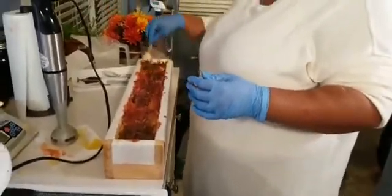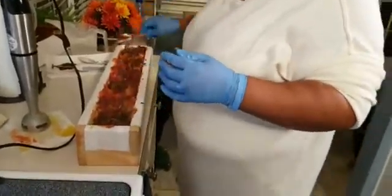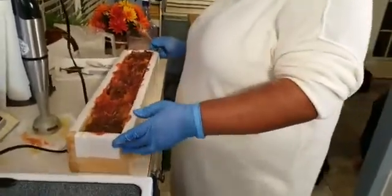Wow. Probably not the top that I was looking for. It looks like a leaf. Yeah, actually. In terms of...